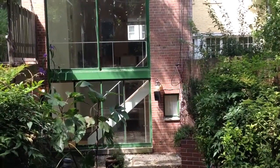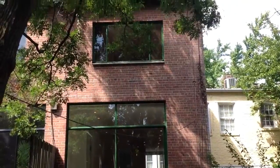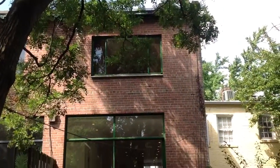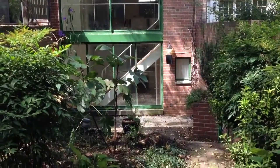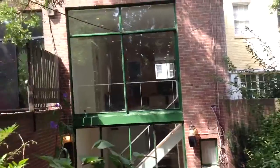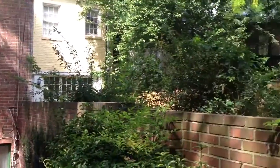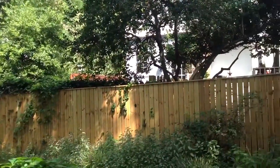So today's $1,000,000 listing is not a $1,000,000 listing for two reasons. The first is it's not actually listed, at least not for sale. You can rent it. I think it's somewhere in the $5,000 or $6,000 a month range. It's in Georgetown in what's called the West Village, meaning it's on the west side of Wisconsin Avenue, very near